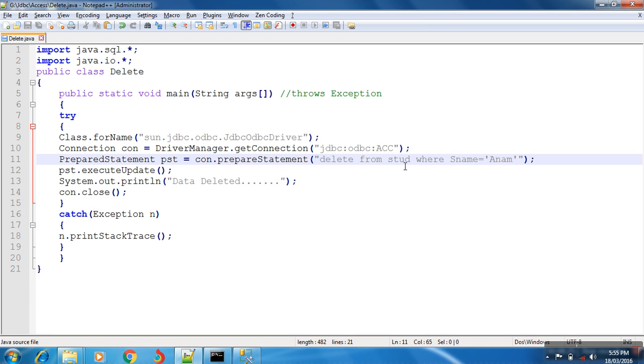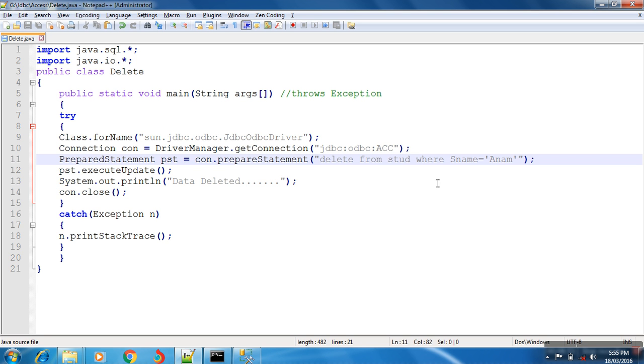From where do you have to delete? From the student table. Where is a clause; with the help of where you can set the condition. Okay, so what are we doing? sname is a column name. If you find Anam in this column, you have to directly delete that name.